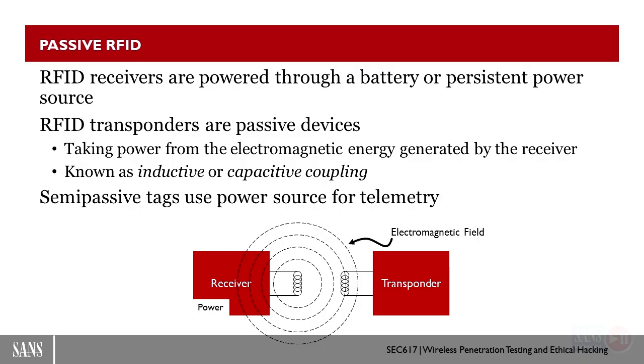With the passive RFID, the receiver is always powered, whether it be battery or with wall power. And it is constantly emitting RF energy out of a coil. So it is sending RF energy out, which is an electromagnetic wave, which when received by the tag, a coil on the tag harvests that electromagnetic energy and turns that back into power. So it's inductive